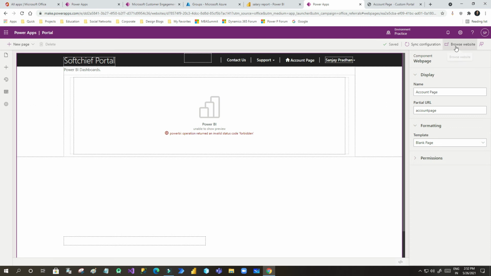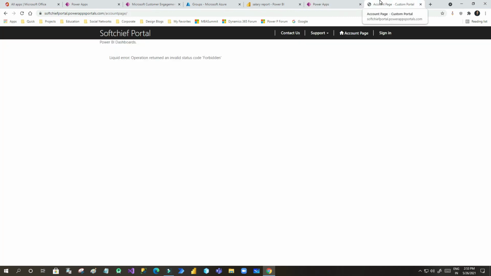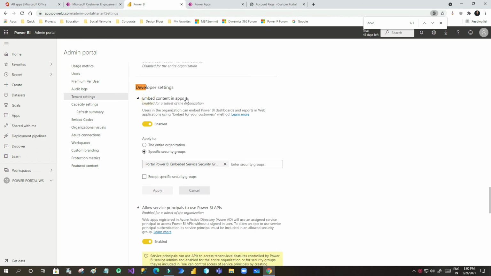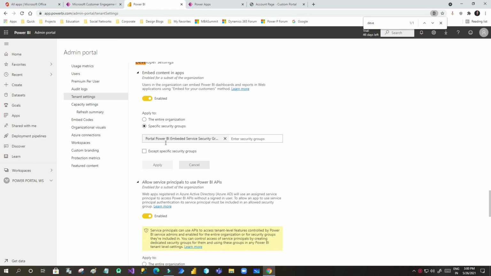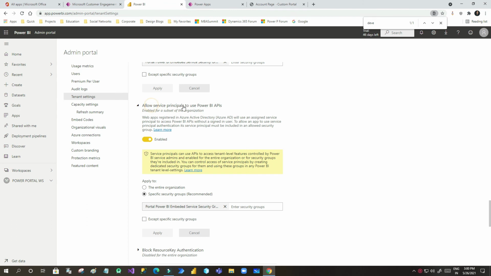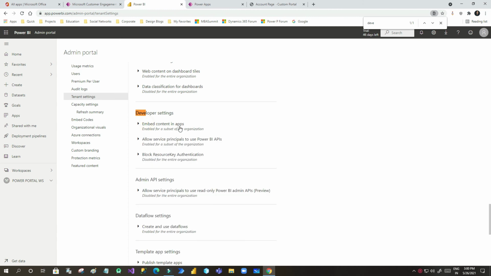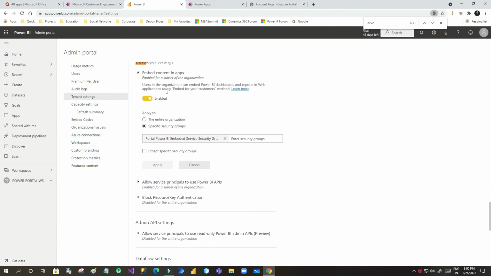Right, so let me browse the website, and if it will throw any error, here you have to go to in Power BI, go to developer settings, and do the same thing for embed content in apps, right? Here you have to enable this, and the same way I have done for allow service principals to use Power BI API, I have also used for this embed content Power BI, right? So these two options you have to enable.